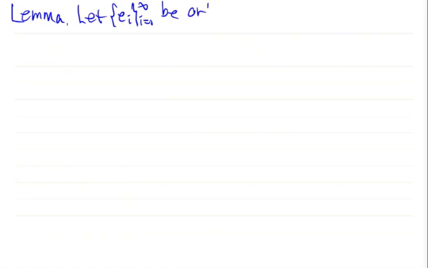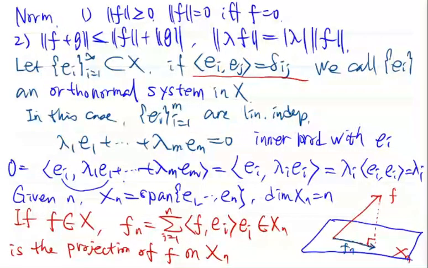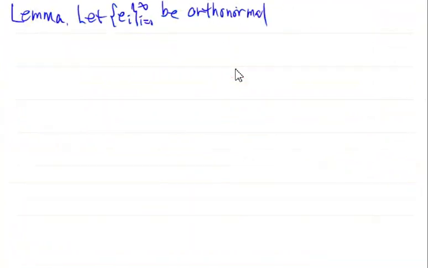Now, the orthogonal projection has a minimal property. So we have this very important lemma. Let Ei be orthonormal. Normal means the length is 1. So the inner product of Ei with Ei is delta ii, that is 1, which means the norm of Ei is 1. And for different i and j, the inner product is 0, which means Ei and Ej are orthogonal. Orthogonal and unit is called orthonormal. So suppose this is an orthonormal system in X,